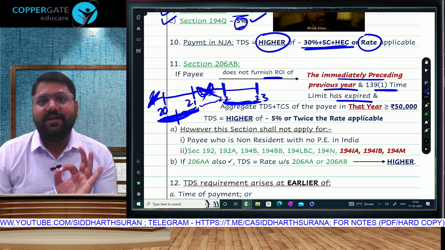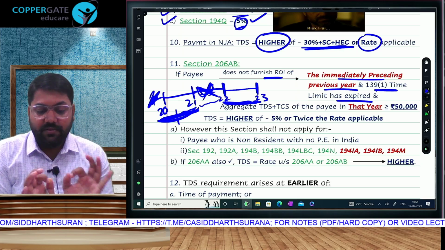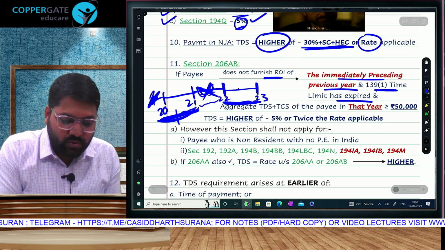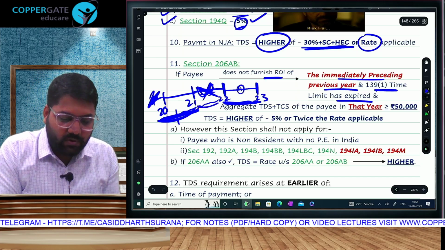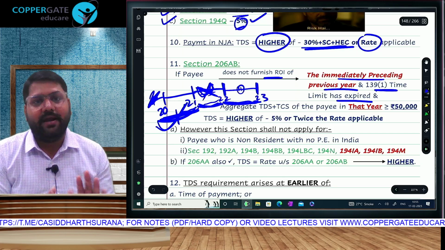Once you are not there in this list, we will not add any new. Listen to me carefully. No new name will be added in the non-filer list. It means it can happen that July, October, November has gone and you have not filed return of this year, but you have filed for the other year, then your name will not be added, you are already removed.